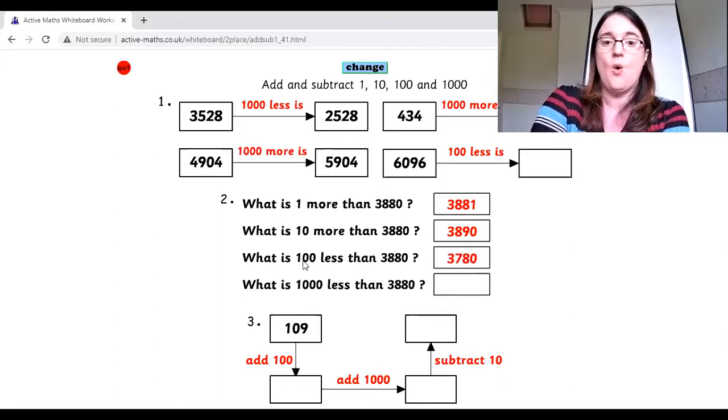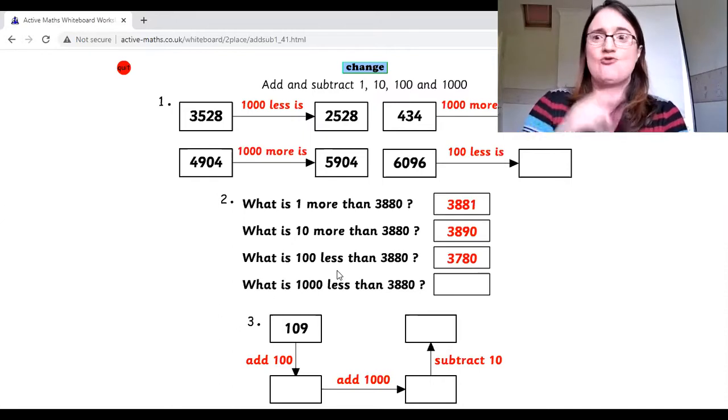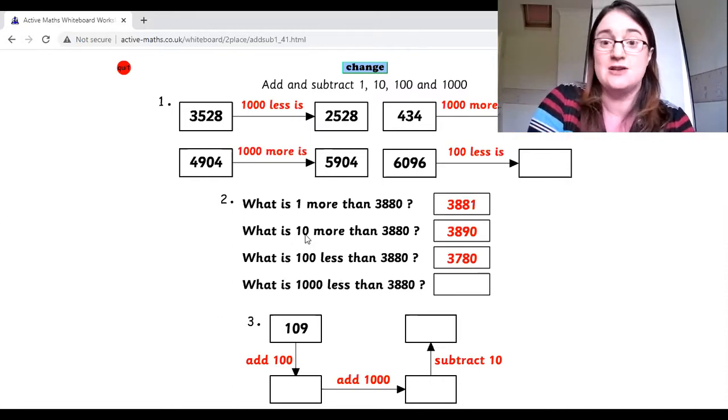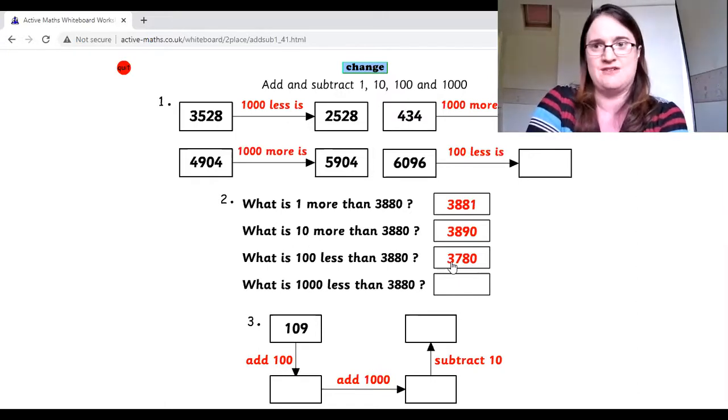Mrs. Aston, read it carefully. 100 less, 100 less. I was about to say, make sure you read it really carefully, and then I made the mistake. Really careful looking. Look at what number it is, but also check the word. Is it more or less? I would have made a huge error there, and I'd have had it more, wouldn't I? So 3,880 becomes